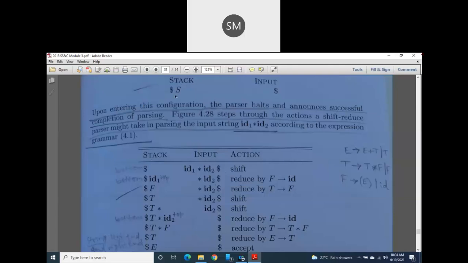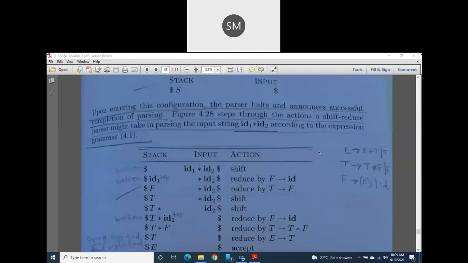Yes, that is the first production's non-terminal, that is the start symbol. So if you get this state, at that time you should understand that your input is accepted correctly. Okay, you should try to achieve this state. So what should be there? The stack should contain the start symbol and the input column should be blank. If you reach this state, then you are successful.